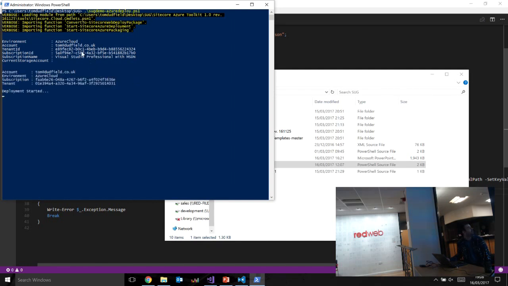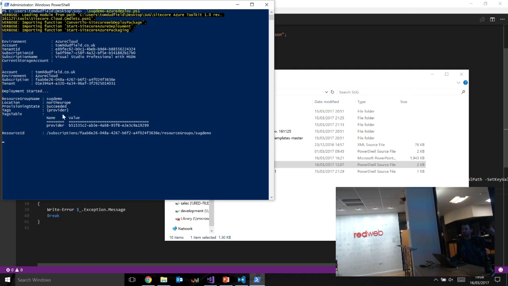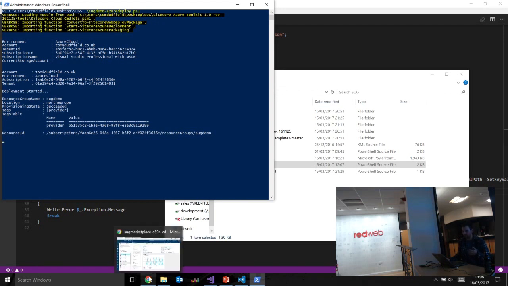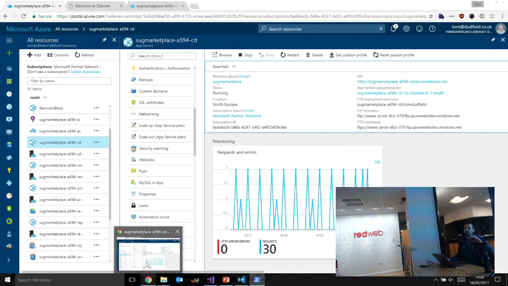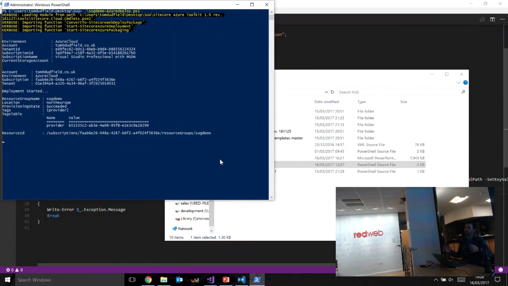And there we go. So that's picked up my subscription, and now it's running through creating all the resources we need on Azure. And this takes 15, 20 minutes, I'd say. So still, you wouldn't want to be doing this as part of your continuous integration process, because it takes too long. But at least here we've got a script that we can easily wipe a whole environment and start afresh